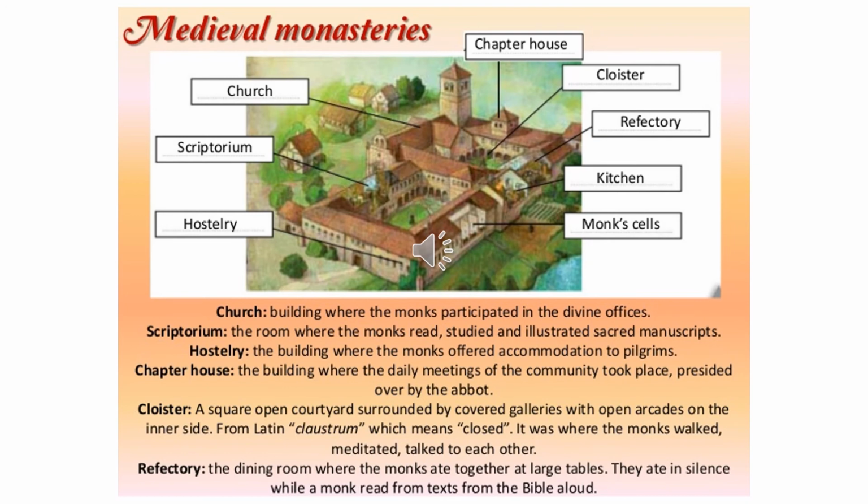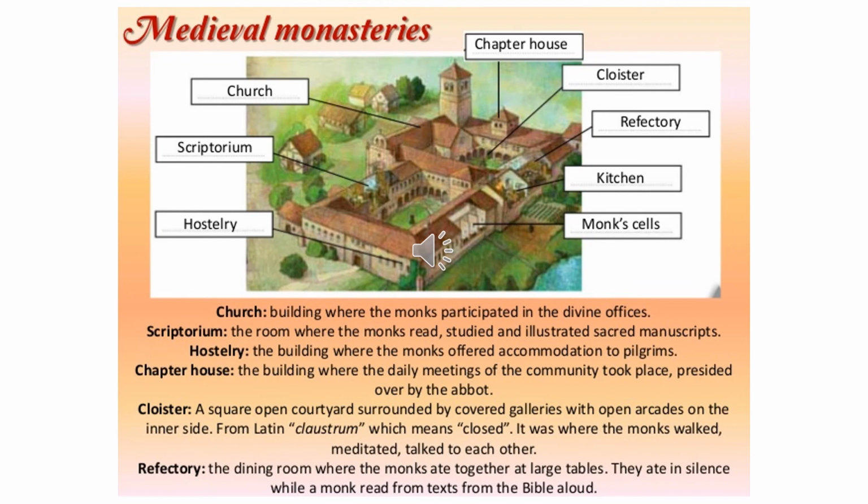And if you look here, we have a diagram of a medieval monastery, and it shows all the different kinds of areas they had. A church, a hostelry, which is where you would have offered accommodation to travelers. We have the scriptorium, which is where the monks read and copied and illustrated manuscripts. You have the church, which is where the church services were held, pretty obviously. The chapter house, which is where the abbot presided over the day-to-day running of the monastery. You have the cloister, which